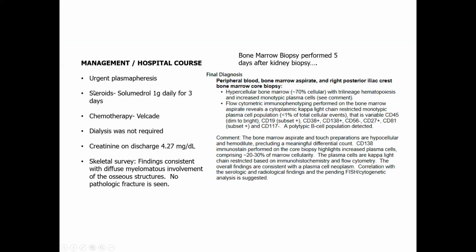Hospital course, they did urgent plasmapheresis, gave her steroids, gave her chemotherapy because they probably knew they were dealing with a myeloma. Skeletal survey showed findings consistent with diffuse myelomatous involvement of the osseous structures without pathologic fracture. A bone marrow biopsy performed 5 days after the kidney biopsy, which I'm about to show you in a second, showed lots of heme path stuff here,